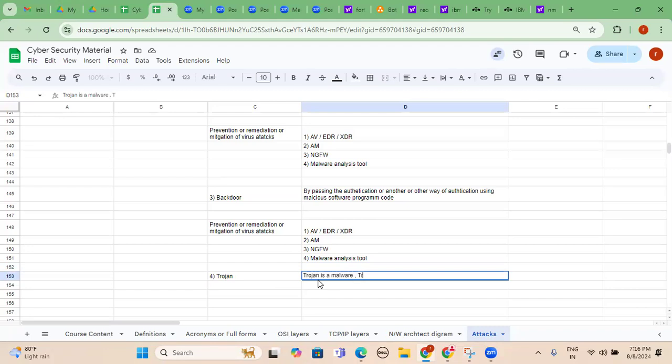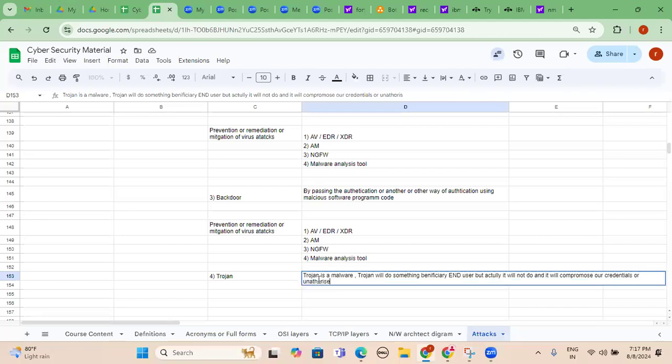A Trojan will appear to do something beneficial for the end user, but actually it will not, and it will compromise our credentials, give unauthorized access, or cause sensitive data exposure.